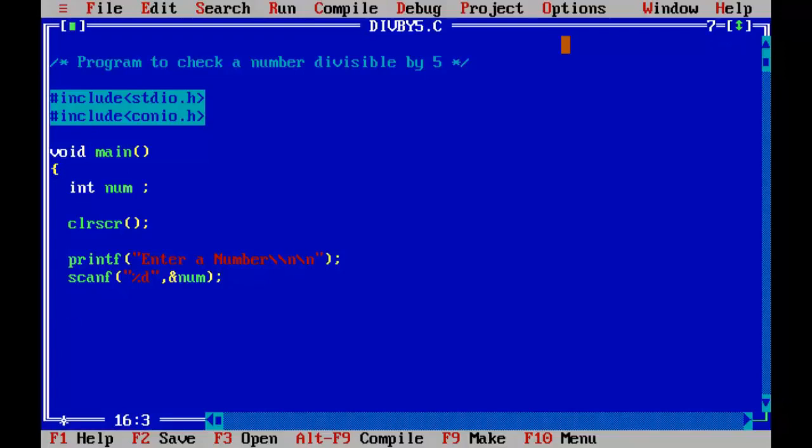First I'll check the number for divisibility. num slash 5 will divide the number by 5 and give you the quotient. But we don't want the quotient here. Let's find out the remainder. So this will give you the remainder, right? So num mod 5 will give you the remainder. So this will be enclosed in a